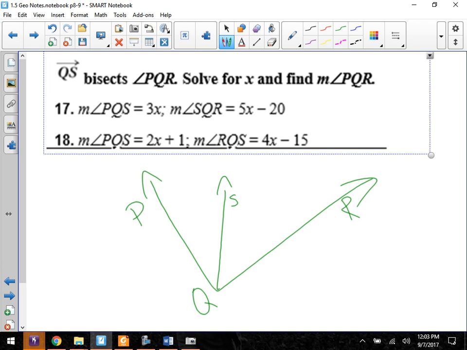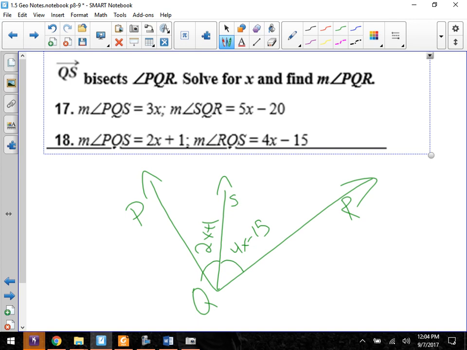They have to make an extra side point, so that's why they use an extra ray. Fill in the blanks. PQS, 2x plus 1. RQS, 4x minus 15. Angle bisectors cut an angle into two equal and congruent parts, so we put our tick marks in,